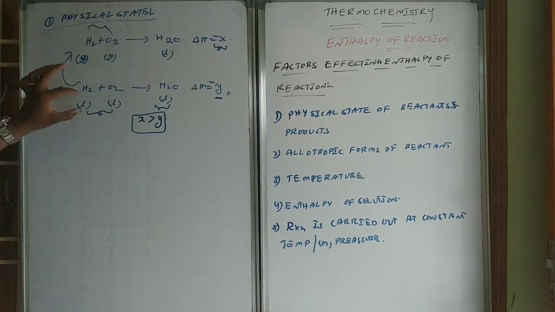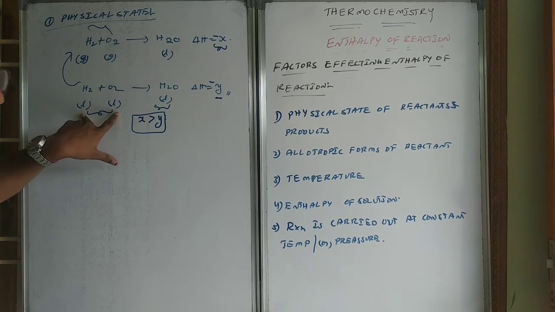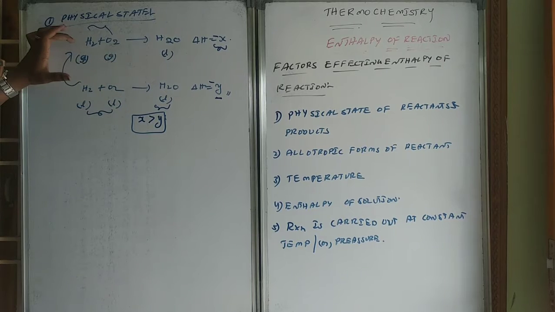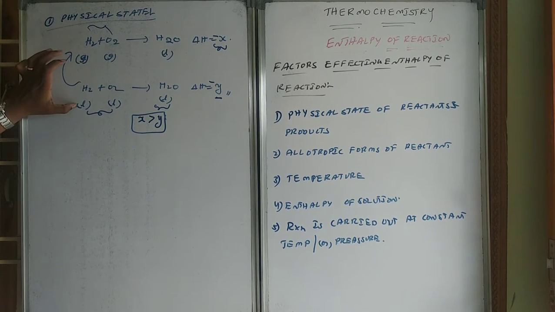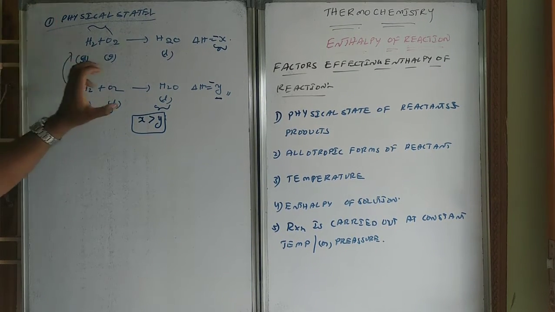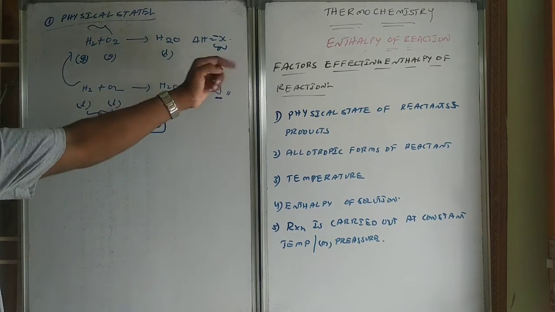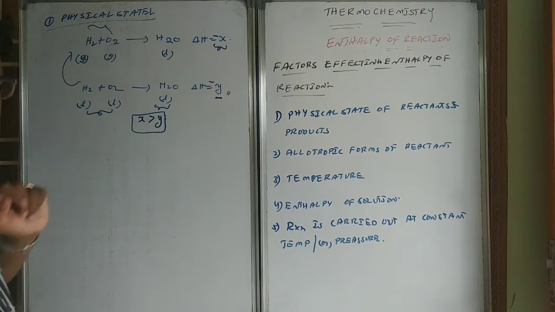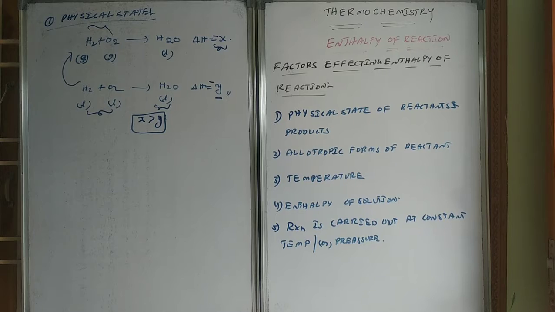Here hydrogen and oxygen are present in a liquid state and here they are present in a gas state. So these are in higher energy. So for liquid to go into gas, it absorbs some amount of energy that will be from X only. So that's why Y is always smaller than the X. So be careful with this thing. Whenever the physical state changes, the total value will be changing. Be careful with this thing.